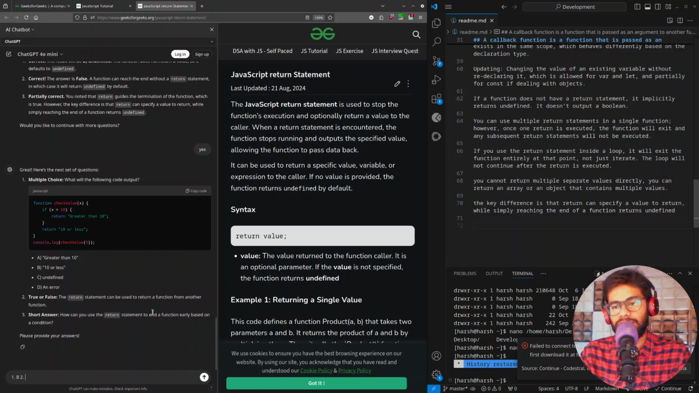The return statement can be used to return a function from another function. Okay, return a function from another function. A nested function, of course. We can pass another function as a return statement. And third,